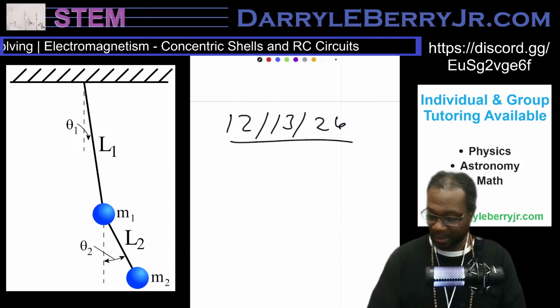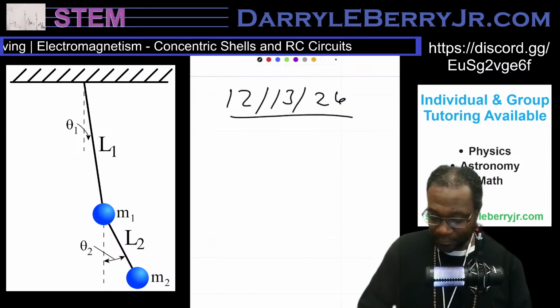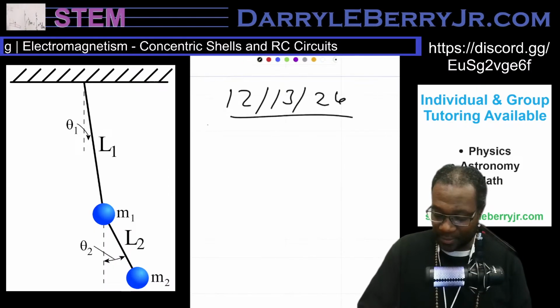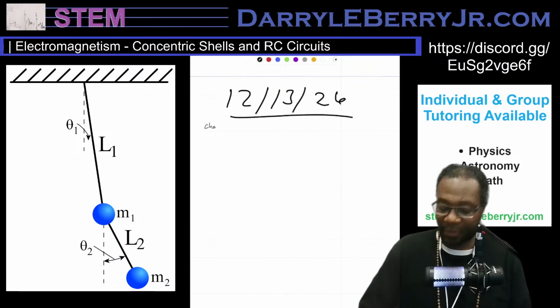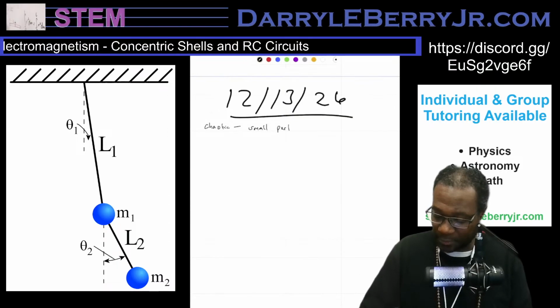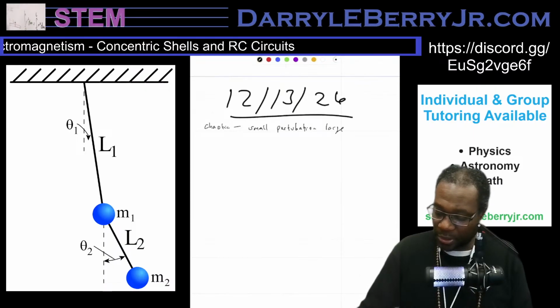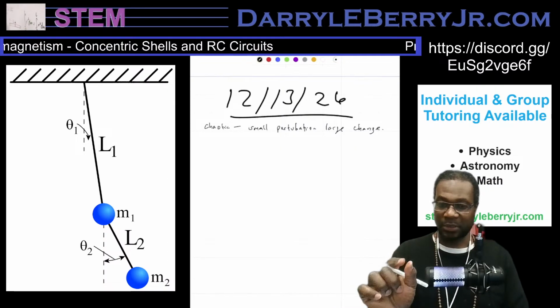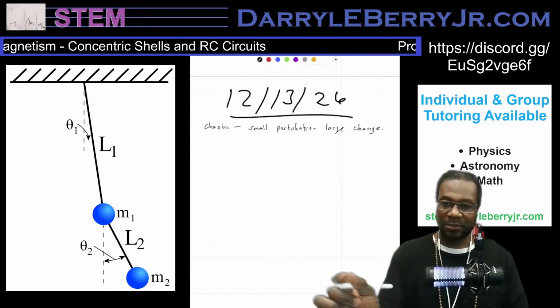double pendulum. It's chaotic, meaning that a small difference in the initial conditions makes a very big result. So a small perturbation, large change. So with a regular pendulum, if we pull it back in a small amount and let it swing,